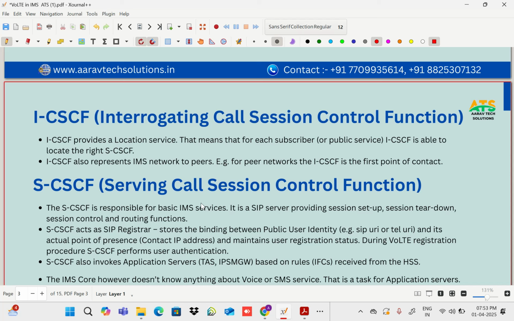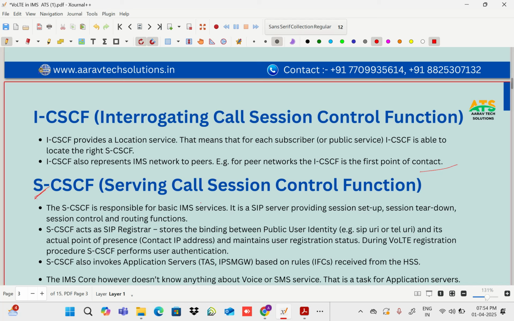ICSCF also represents the IMS network to peers. For example, for a peer network, the ICSCF is the first point of contact. If any operator's users call another operator's users, they will connect through ICSCF. Then